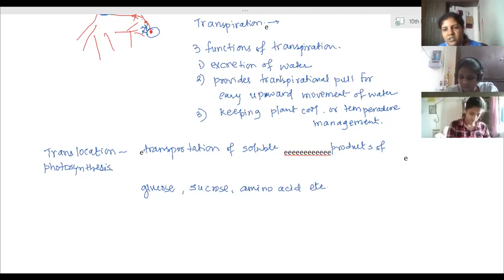Stomata in leaves we generally call stomata. In the stem, if these stomata holes are present, then they are given the name lenticels. Lenticels and stomata are the same; both have the function of exchange of gases. And some plants excrete nitrogenous waste into the soil. So these are the different ways by which plants eliminate waste. This is all about the chapter.